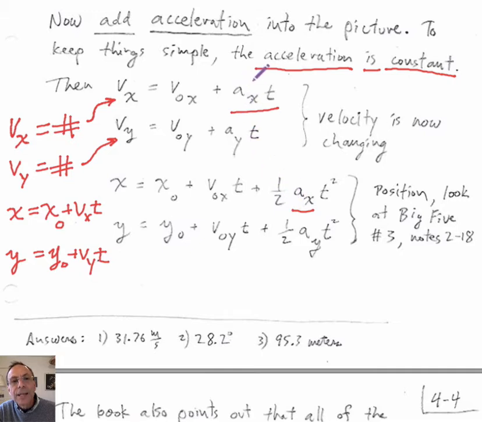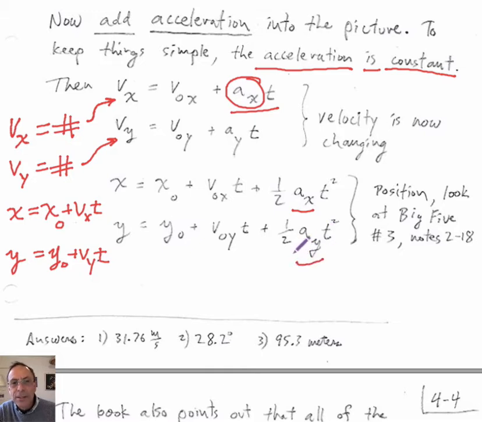It is the same as this acceleration here. And then a similar thing for the y position. It's the initial y plus the initial y velocity times time plus 1/2 a t squared,